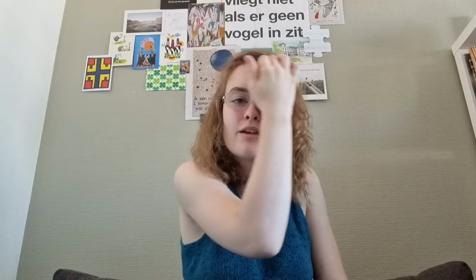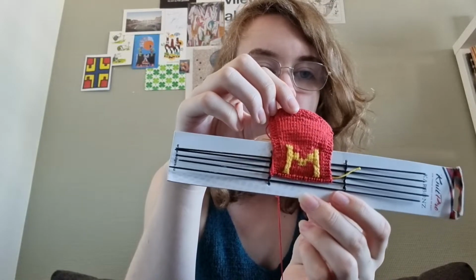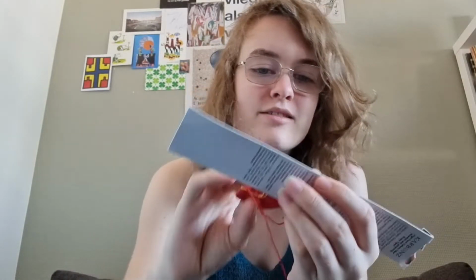Then I have this one, which is also one that I have to finish in the first half of the month because they are gifts. I think it's fairly safe to show this one. It's a gift for the people in my student association that were quite active this year. So I'm knitting them some bookmarks with the first letter of their name in it. And I'm knitting this on